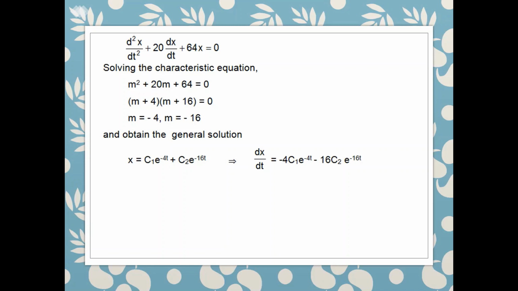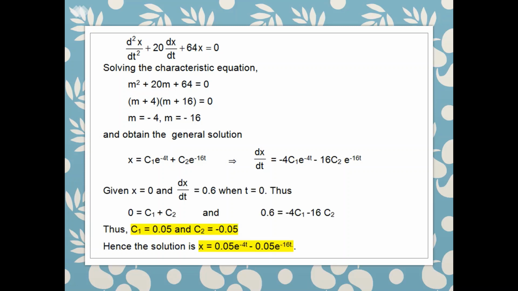Differentiate, you will get dx/dt = -4c1 e^(-4t) - 16c2 e^(-16t). Given that x equal to 0 and dx/dt equal to 0.6 when t equal to 0,